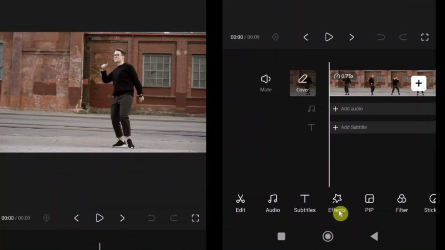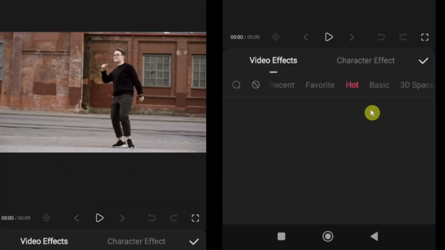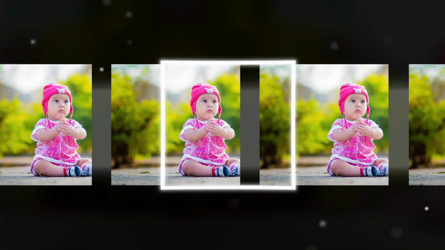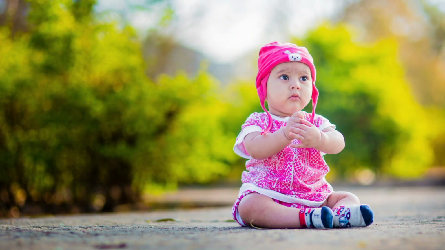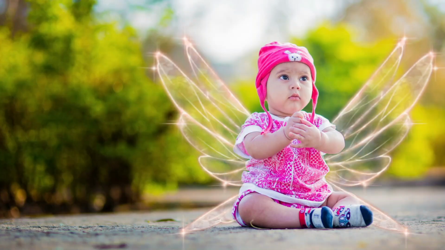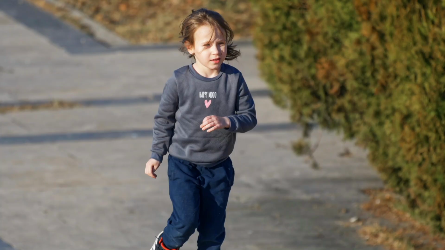In this tutorial, I'll show you two main types of effects. Video effects. These affect the whole clip, like glitch, motion blur, retro, and cinematic styles. And character/body effects. These affect the subject in your video, like pose adjustments, slim, or motion effects that make your